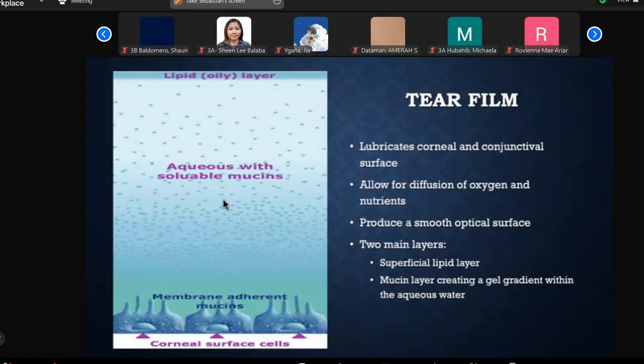So this schematic is nice. It demonstrates to you the tear film. So the oil layer is on top, the aqueous layer is the whole thing. The mucin is interspersed between the two layers. But as you can see, closer to the cornea, this is where the mucin is the greatest, because again, the purpose of mucin is